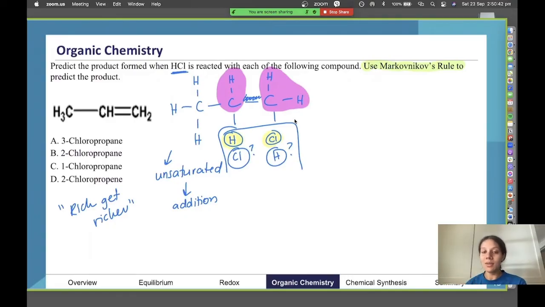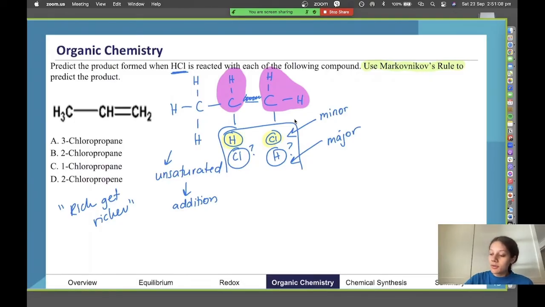And in that same product, the chlorine will go to the middle one. However, our minor product is when the opposite happens. That means this configuration here, where the Cl goes to the carbon with the most hydrogens instead of the hydrogen, is our minor product. And the hydrogen going to the carbon with the most hydrogens is our major product. So to predict the product here, I'm going to go with what happens the majority of the time.